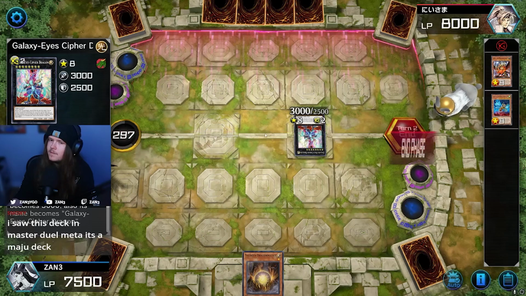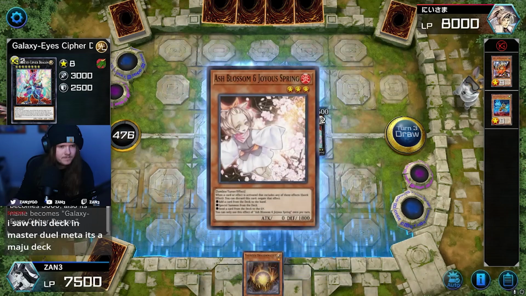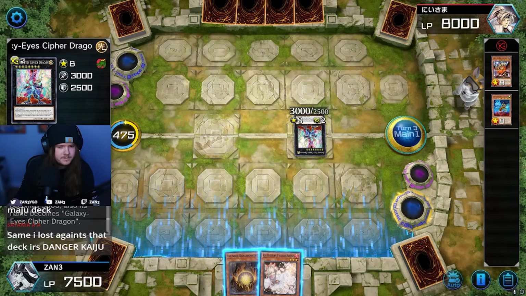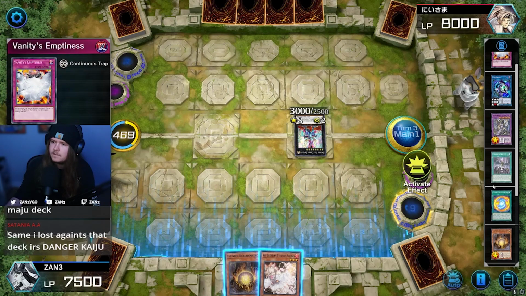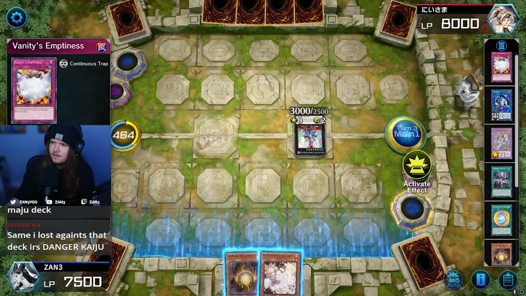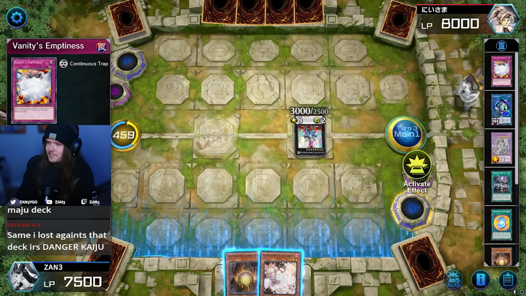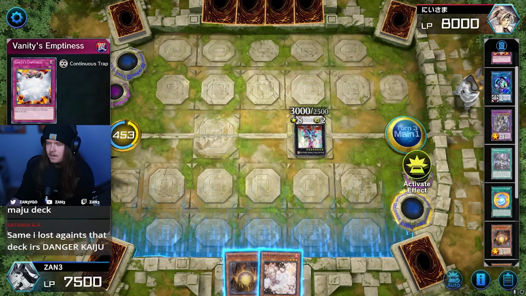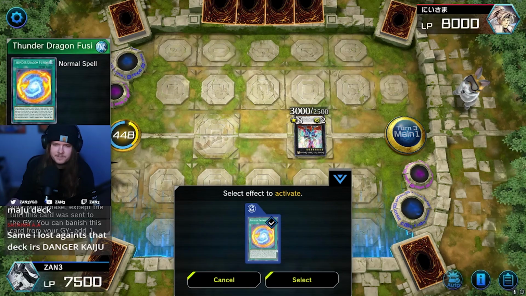What is he going for? This isn't a quick effect, right? No. Ash Blossom, that's not a good draw. Interesting. Okay, so we can activate our Thunder Dragon Fusion to search a Thunder. Slot 6 that deck. Danger Kaiju. Yeah. It's really good. So we can activate Fusion. We could grab... We're definitely activating Fusion. Let's see. We can grab